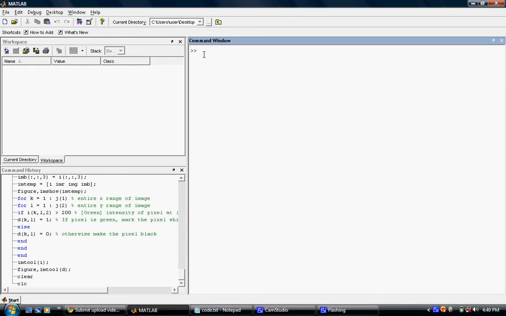So you can read the image using the imread command.